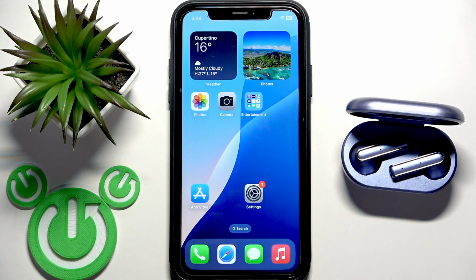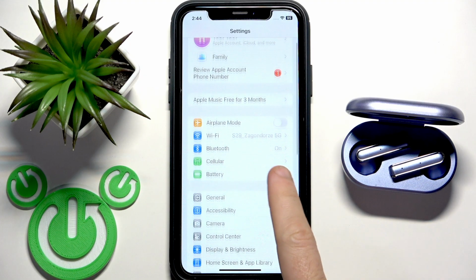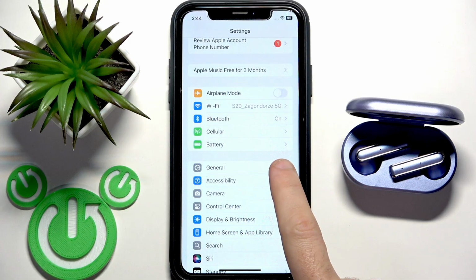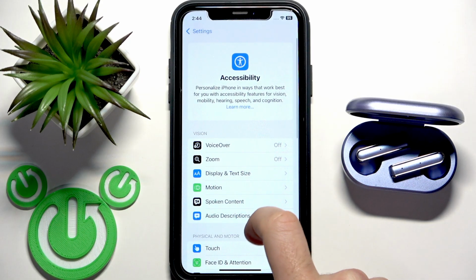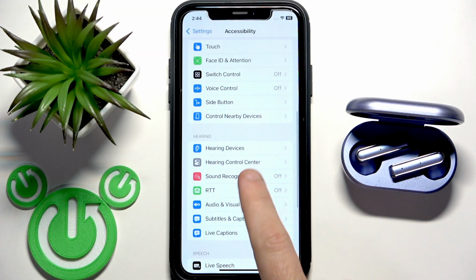Okay, on your iPhone, open Settings. Then we need to go to Accessibility, which is located under the General Settings, so maybe you need to scroll down a bit. Click at Accessibility, then scroll down again, and in the Hearing section we have the Audio and Visual line. You need to tap at this line,